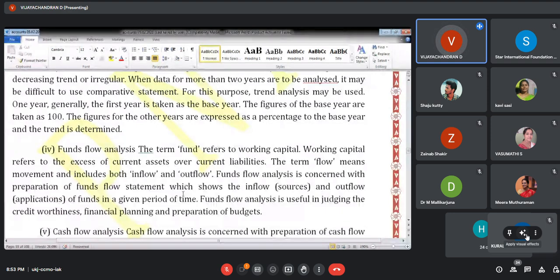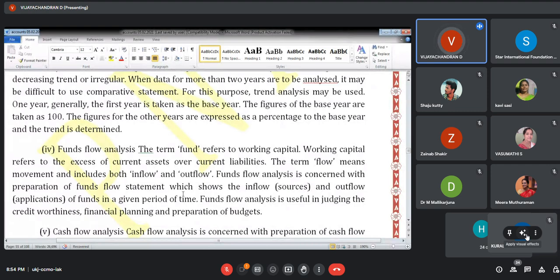So you are paying the loan. Bills payable means the trade loan you are repaying. If you are repaying the trade loan, what is the effect on working capital? Again, I'm telling you the hint: increase in current asset, increase in working capital; increase in current liability means a decrease in working capital, and vice versa, just reverse. So current asset has a direct relationship, whereas current liability has an indirect relationship.